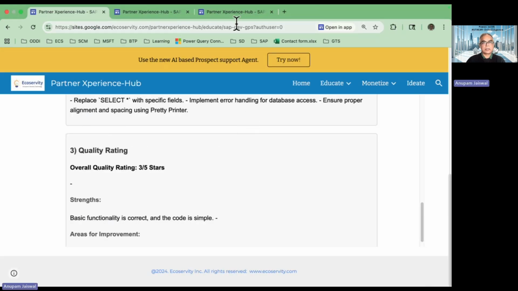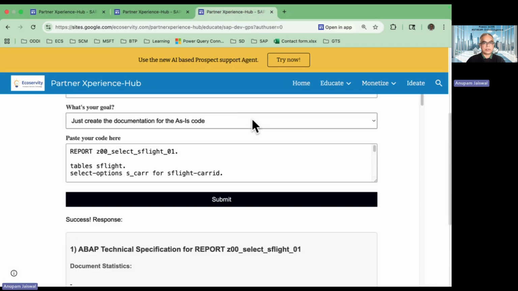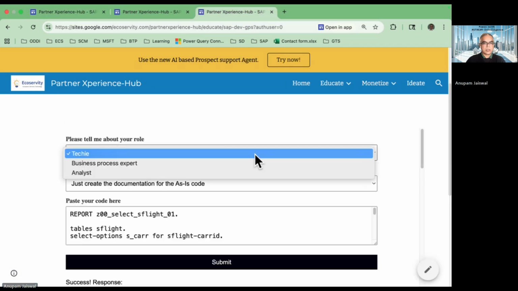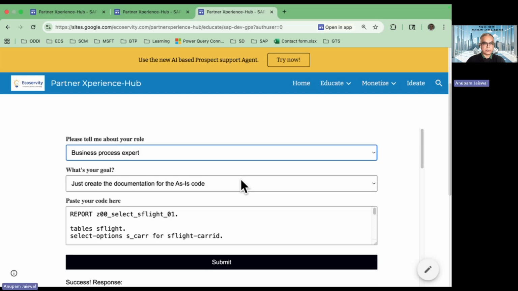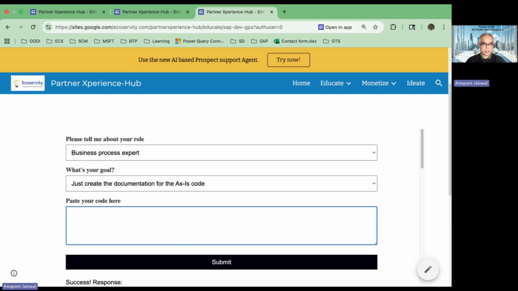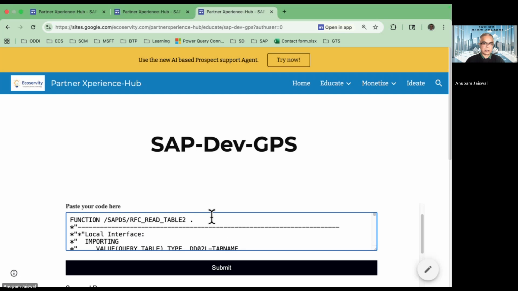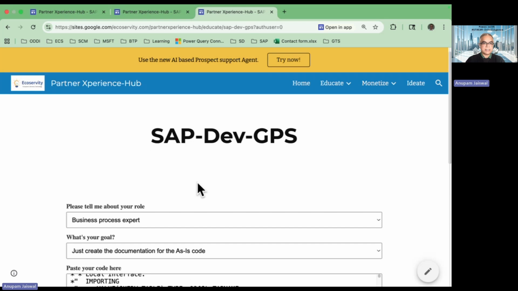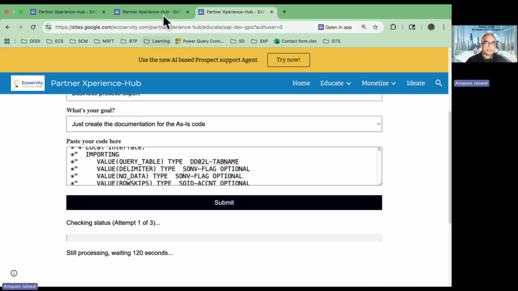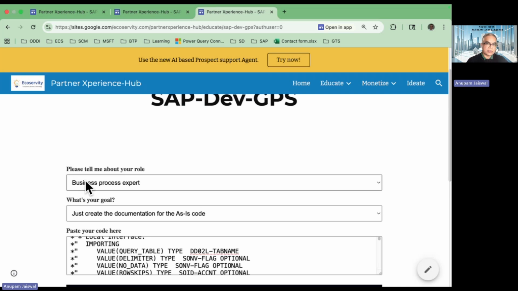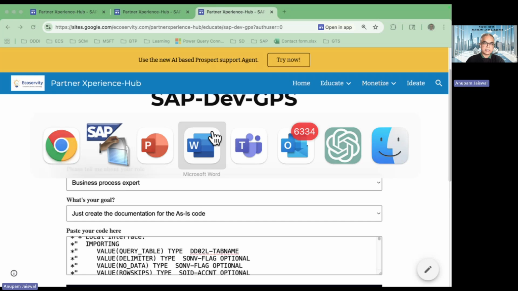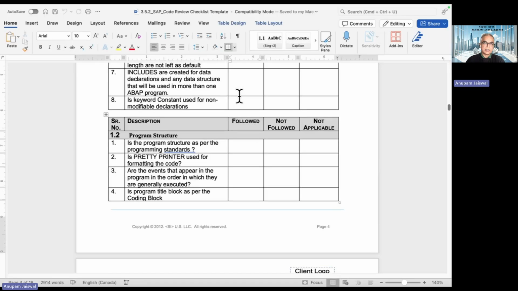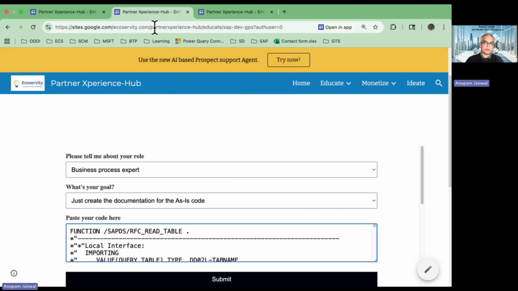Let's say, for this one, now I want to understand this slightly better, what's going on here. So I'll paste this function module, the code here, and do a submit. Essentially, it is again going and reviewing against your checklist. And for this persona, business process expert, it goes in and runs through all of these documentation and coding standards checks. So if I go here,